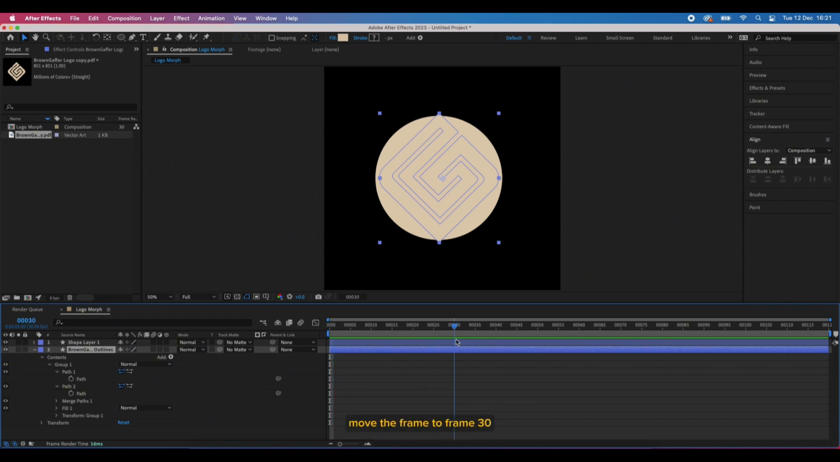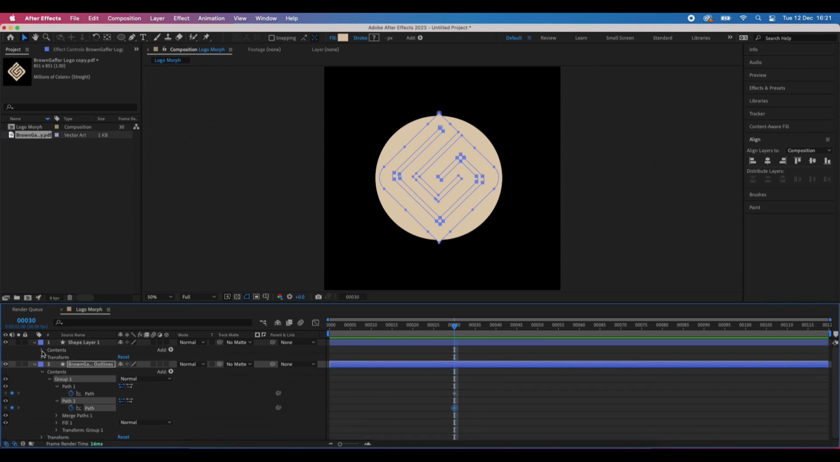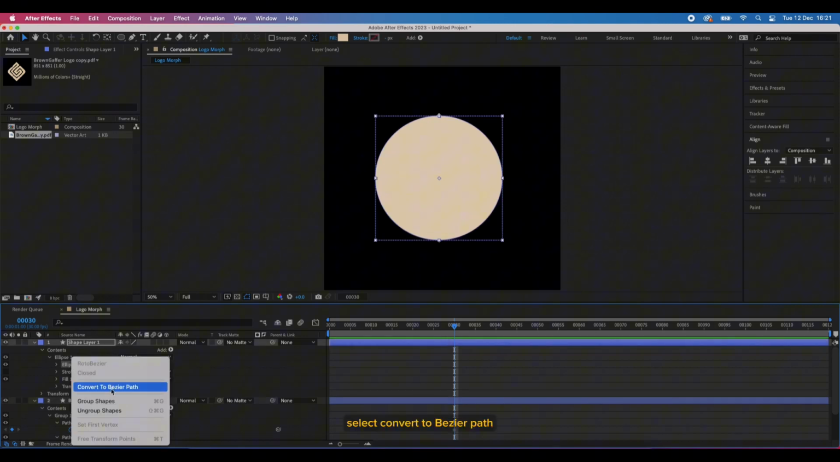Then on the timeline, move the frame to frame 30, which is 1 second. Then add a keyframe to all the paths that you have for your logo. So for me, it's Path 1 and 2. Then on the circle layer, open all the contents and right click on Ellipse Path and select Convert to Bezier